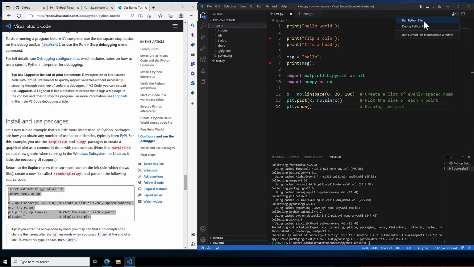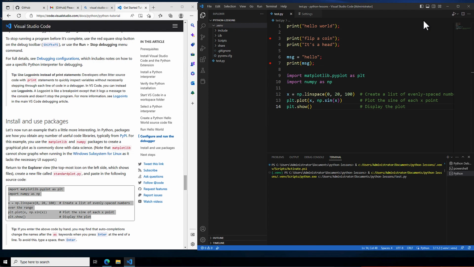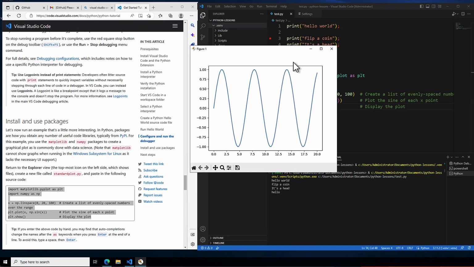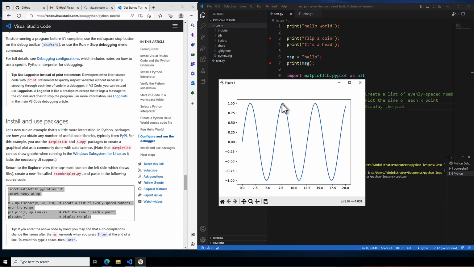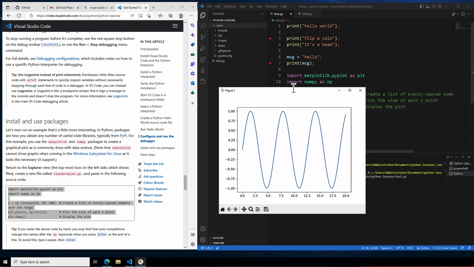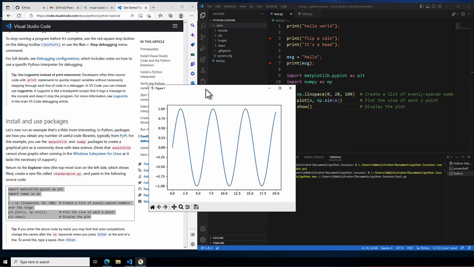Run Python file. If it's running correctly, it should pop up a plot. There you go. So this is generated by this module, and there you go. This is how you can import a module and then use